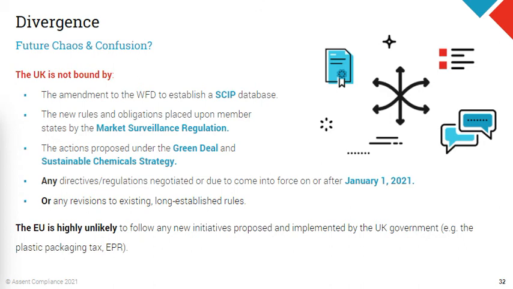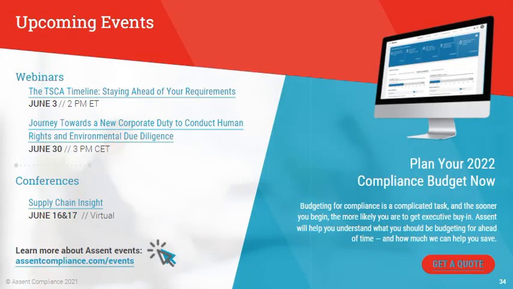However, new things like the SCIP database that went into effect on the 5th, and new regulations that will come out, that's where you'll see really big divergence, and it may not apply in the UK or the EU, conversely, depending on who creates the regulation. Anything that happened prior to the start of this year is most likely still in place, just with potential tweaks to how you have to report. Yeah, and as you'll see, they seem to be giving it a 1 year grace as well. Like the CE marking and the UKCA marking, there's a 1 year grace window, and that's probably where they're expecting all the big changes to occur, after the first year.